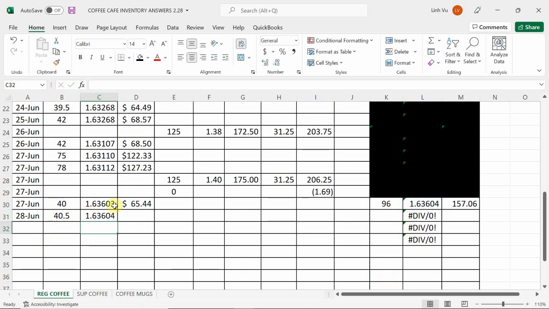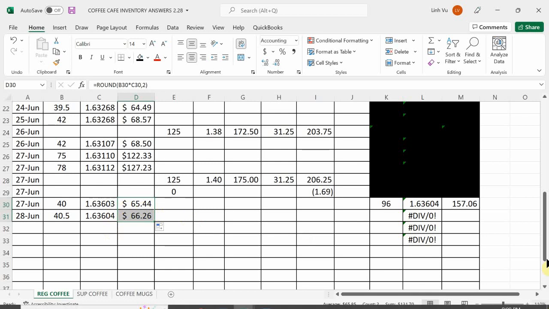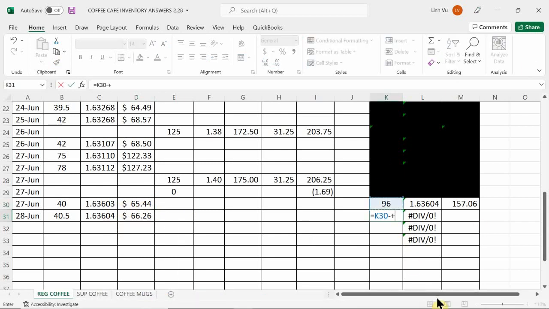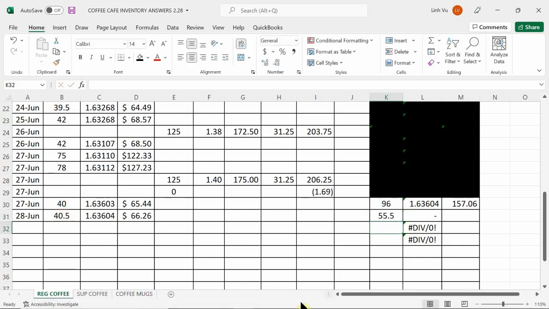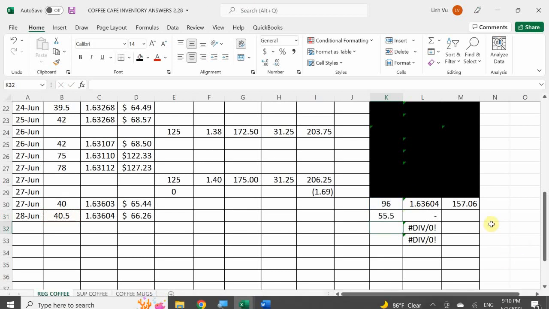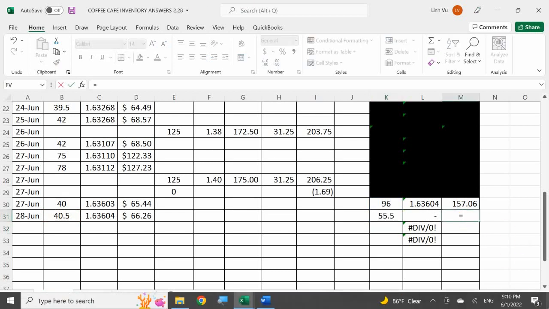And that should give you a grand total cost of $66.26. Since I ended up using 40.5 pounds, that should give me a grand total of 55.5 pounds left remaining, at a grand total of